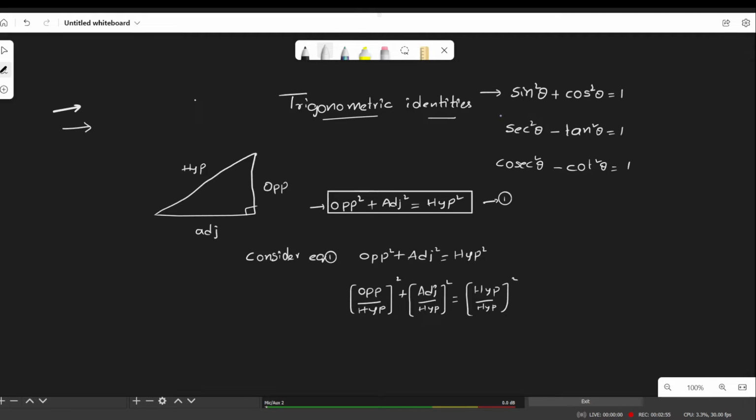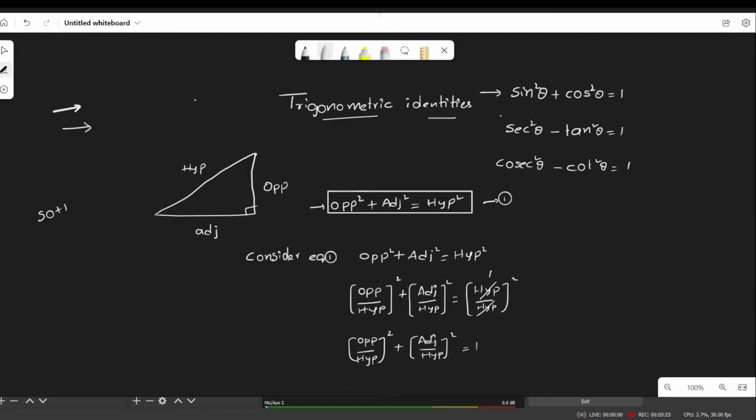Since both the numerator and denominator are nothing but hypotenuse, we can cancel them, so we are left with 1. So therefore opposite by hypotenuse whole square plus adjacent by hypotenuse whole square is equal to 1. And we know that opposite by hypotenuse is sine,